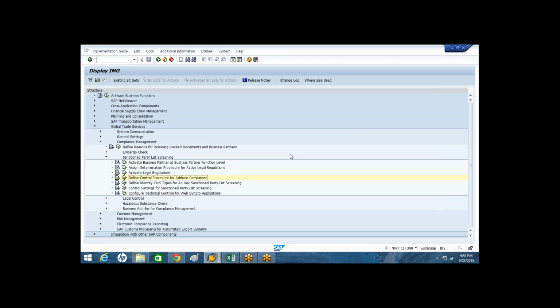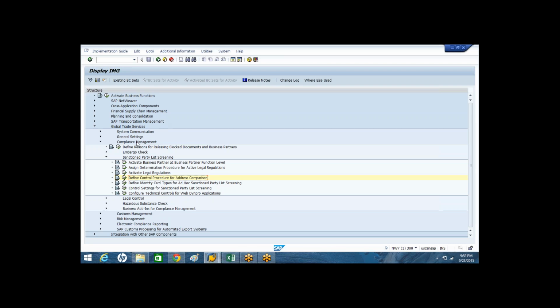When you specify the 80% match rate, the results will be approximate. Even then it will not be 100% exact validation or exact SPL scanning, but at least the system will give approximate results. So then what you can do is use a manual mechanism. That is the reason I told you the GTS users keep checking all the SPL blocks, and they verify whether these are valid or invalid blocks. If it is a valid block, they confirm the block.